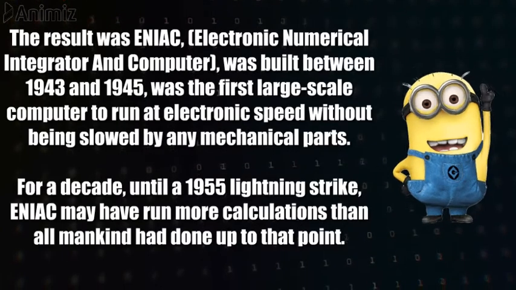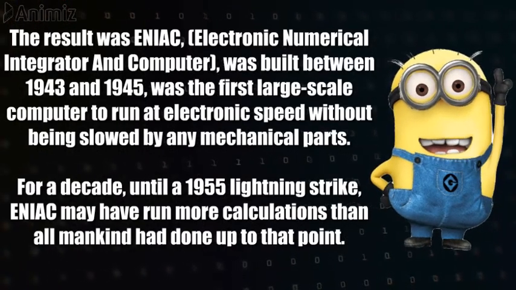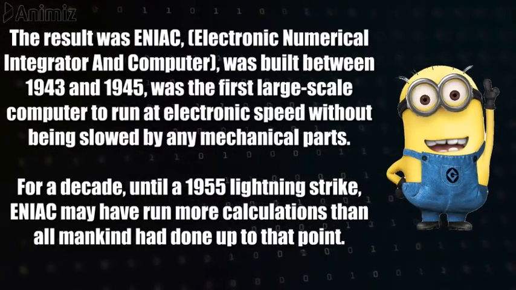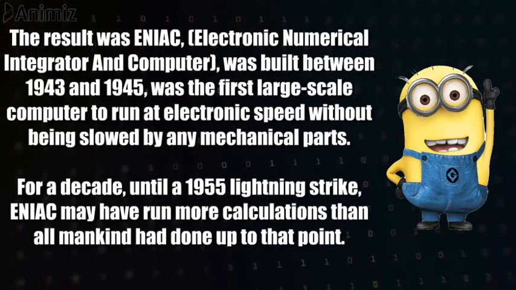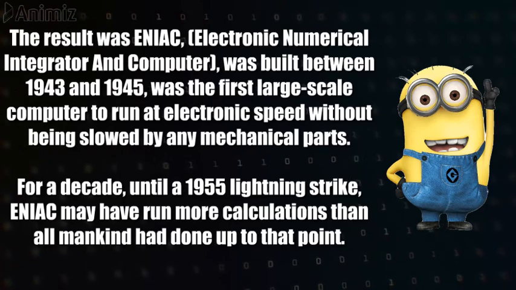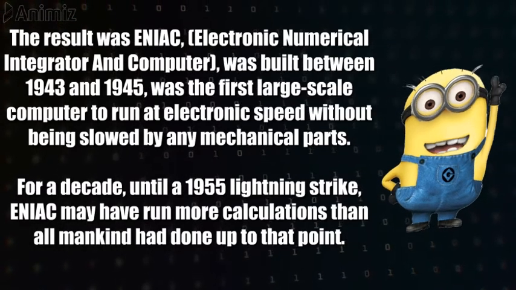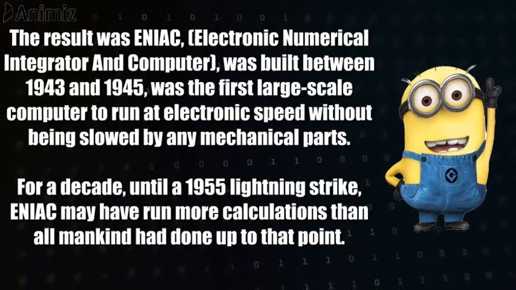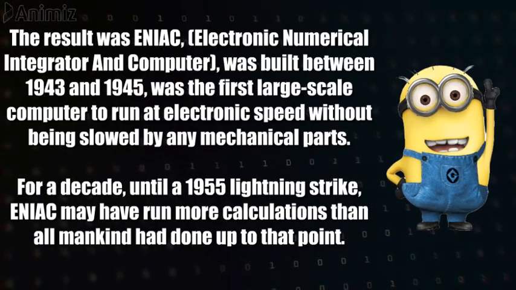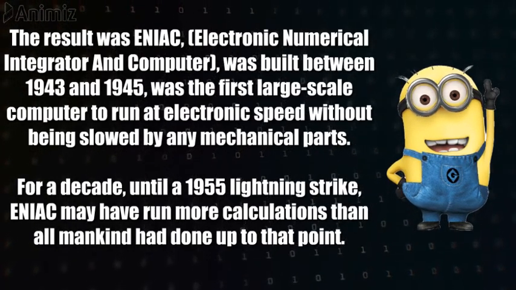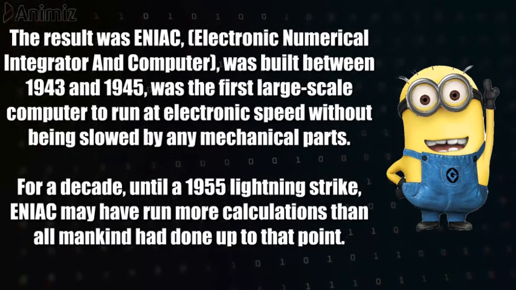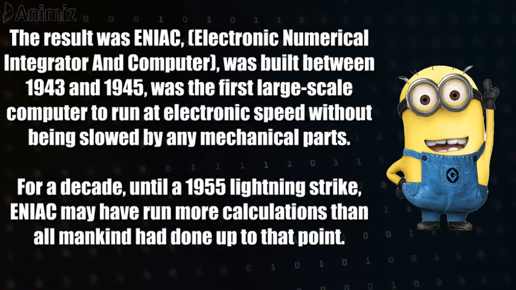The result was ENIAC, which was built between 1943 and 1945, and was the first large-scale computer to run at electronic speed, without being slowed by any mechanical parts. For a decade, until a 1955 lightning strike, ENIAC may have run more calculations than all mankind had done up